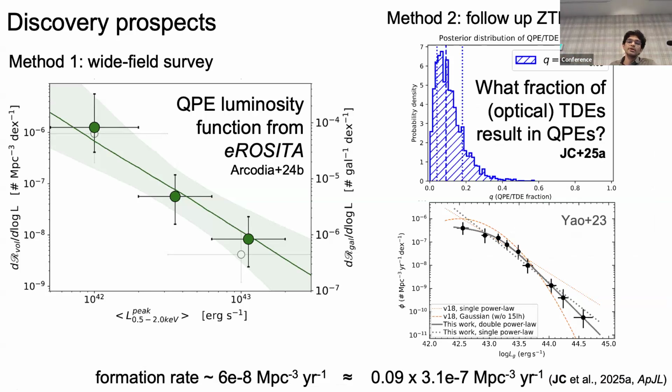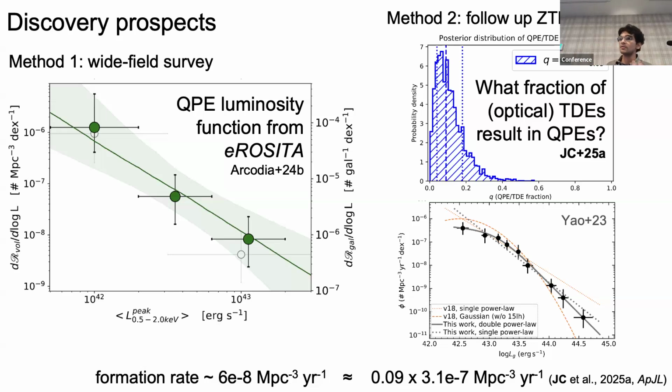The other method that I'll talk about is using this extremely convenient fact that QPEs we're finding emerge in the aftermath of tidal disruption events, which TDEs themselves are intrinsically rare compared to many other classes of transients. So this dramatically decreases the sample space of galactic nuclei in which to look for these objects.